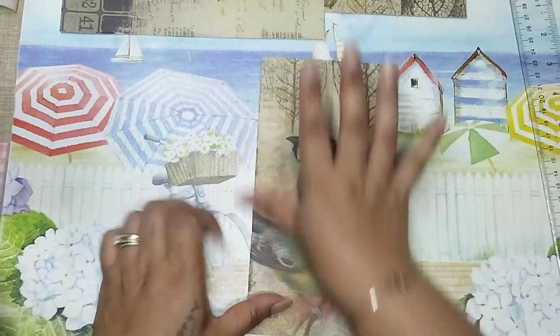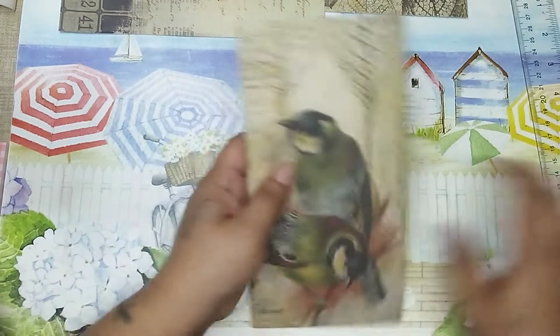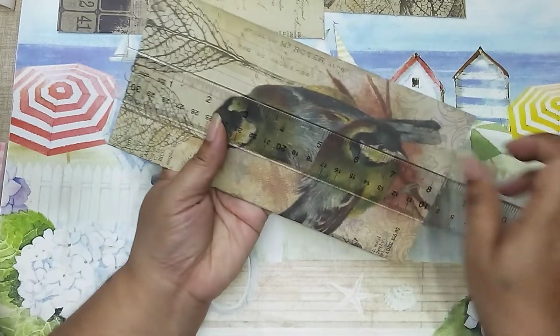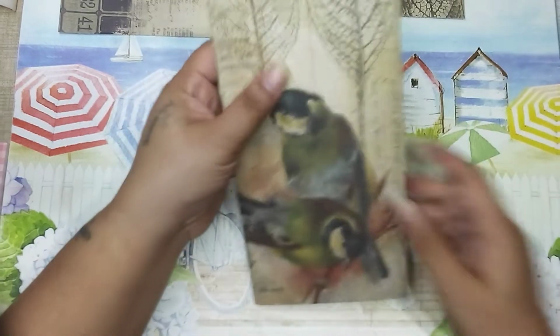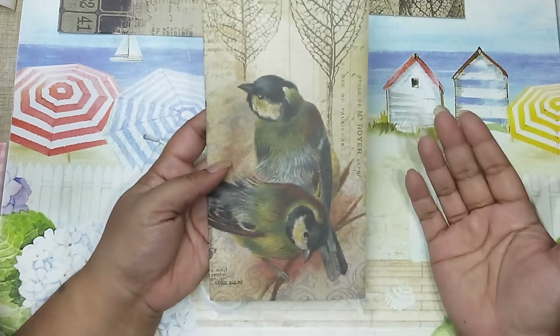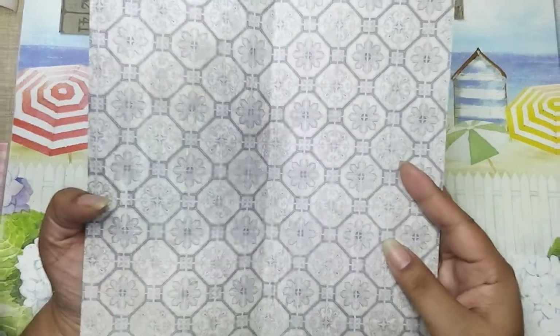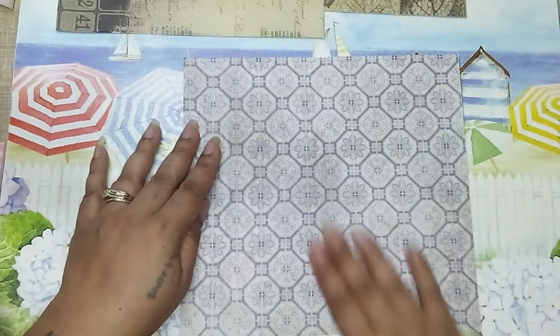All right, so that is the basic measurement, and see, it is 4 1/4 by 8 1/4. So I think this is a standard traveler's notebook size. These are the ones that I used to make. This is the size. Okay, so now the inside of the cover,